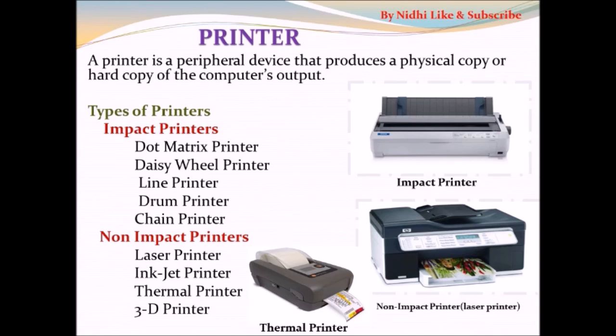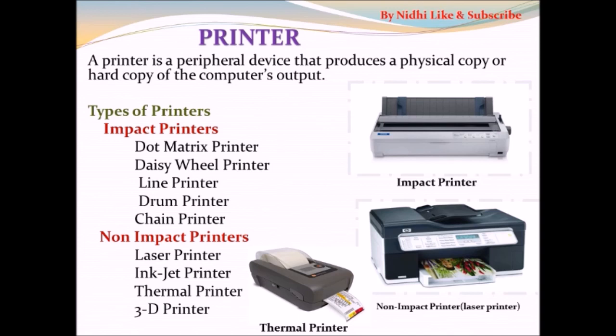And next, dot matrix printer. These are the only impact printers in use nowadays and can be seen rarely in offices, factories, or schools. They are noisy and do not have good printing quality. As a result, they are losing popularity. These printers have either 9 or 24 pins on the print head, and they use a matrix of small pins to create precise dots on paper to form characters. The speed of this dot matrix printer ranges from 50 characters per second to 500 characters per second. As they are robust in nature, that is strong in nature, they can be used in rough conditions.